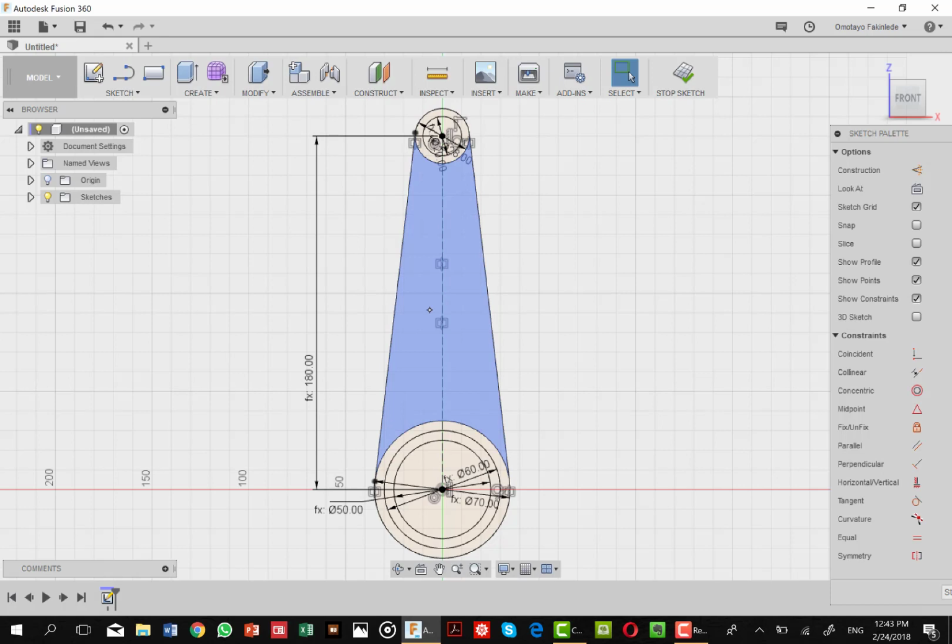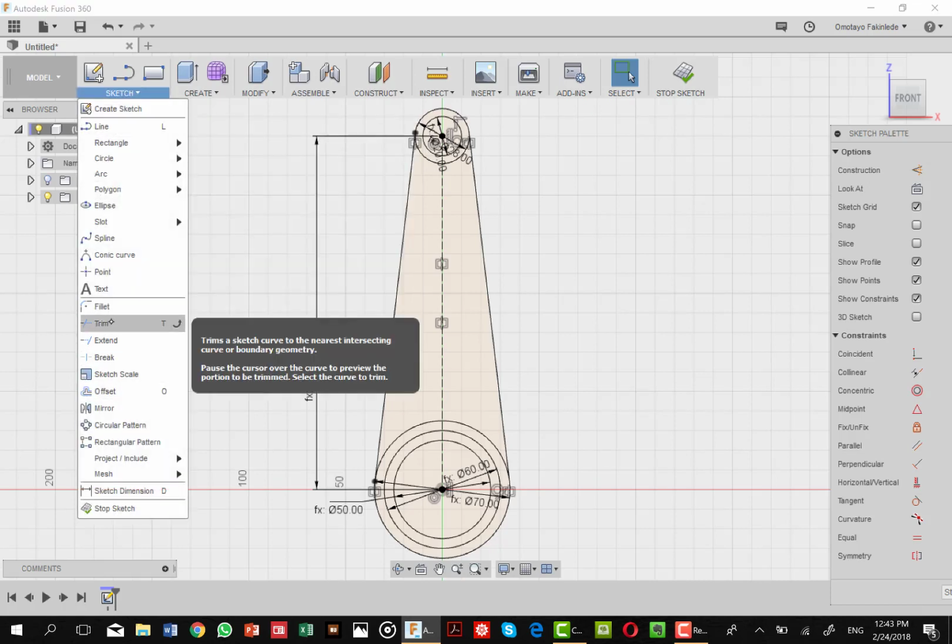At this point, we are now in a position to create extrusions using the press pull. But before we do that, it is a good idea for us at this time to do some more trimming. So trimming here, trim.